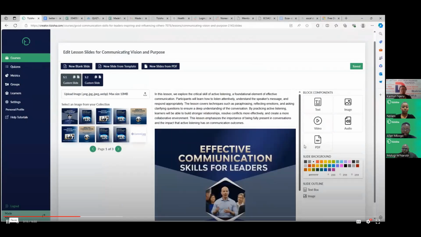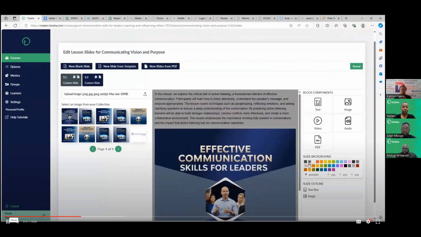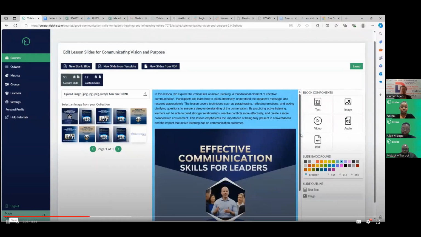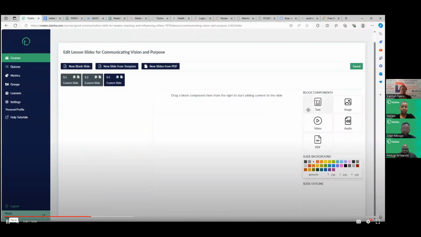Again, we'll add some color to this from the slide background feature we have on this right side of the page. You can play around with that and put in a color of your choice on the background. Once that's done, again, you can use the slide outline feature to reorganize that. So we'll have a new